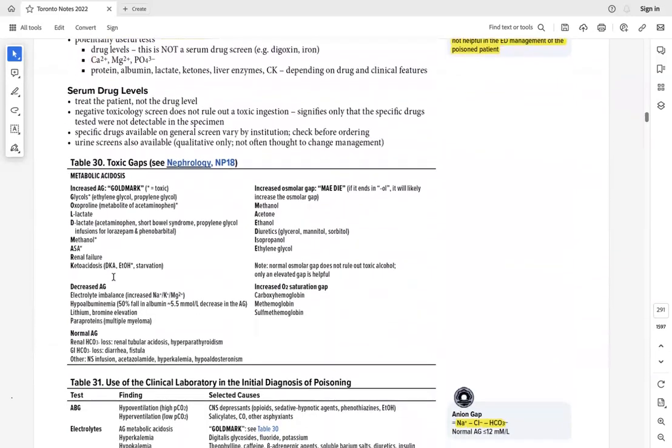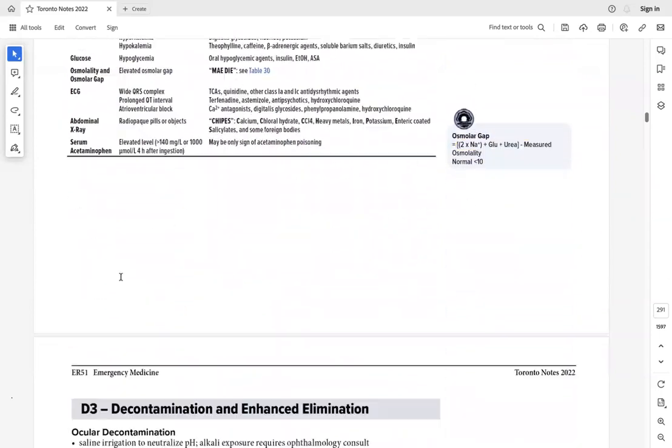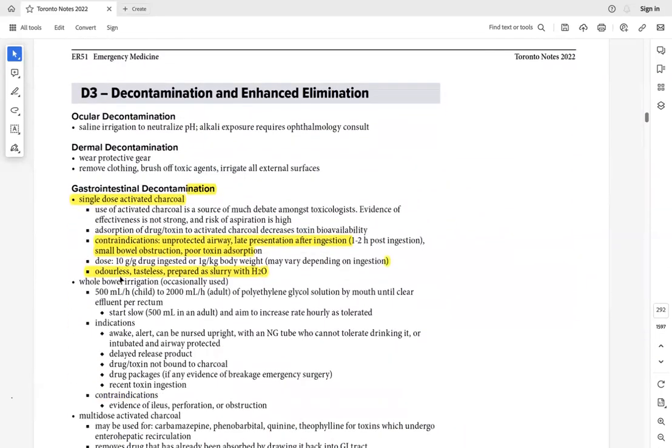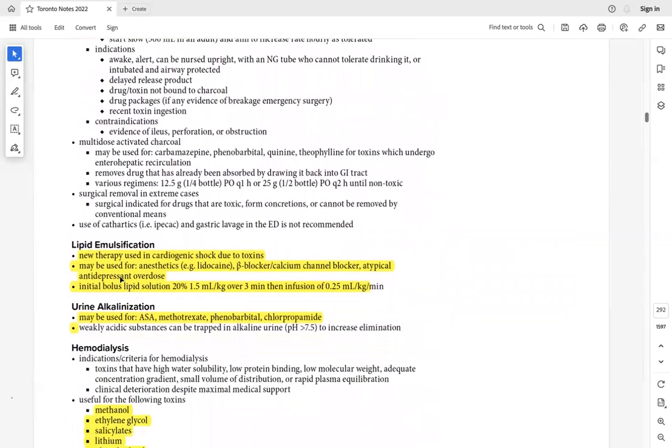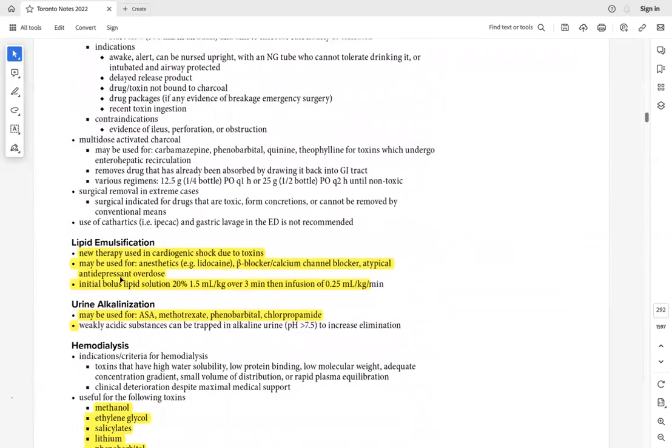Whatever the poison is, it is acetaminophen, any TCAs, any other poison, first treatment is activated charcoal. Okay, then after that they have given the antidotes for everything. So just remember the antidote for this is this. Okay,